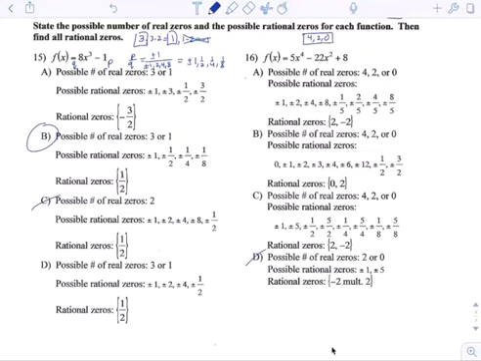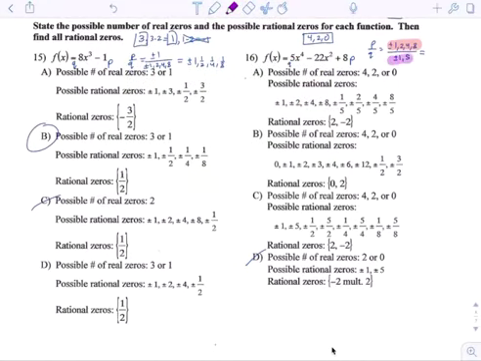Now to get our possible rational zeros, which is our P's and Q's. So P over Q is going to be equal to plus or minus factors of 8, right? Which is 1, 2, 4, and 8. Factors of 5, which is just plus or minus 1 and 5. Now to get the list, we have to do all of these ones